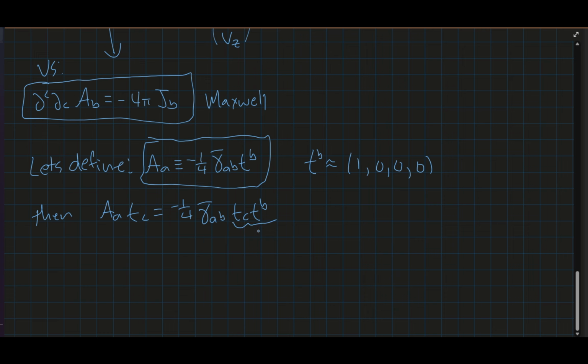But these together are going to give -1 if C is equal to B and 0 otherwise. So in other words, that's a minus delta CB basically. So we get